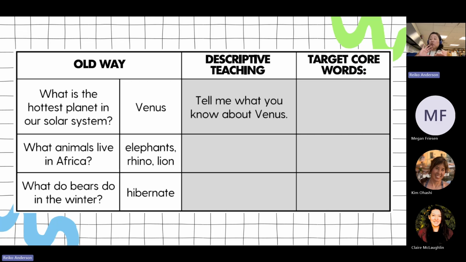right? So we're kind of turning the question around so that they don't need the word Venus in their talker in order to participate in this assessment. So they might say, it is hot, circle, round. This implies also that it needs to be grammatically correct. But I think in descriptive teaching, if we can ram words together and they're not grammatically correct, that is totally fine. So if somebody said round hot, I would say